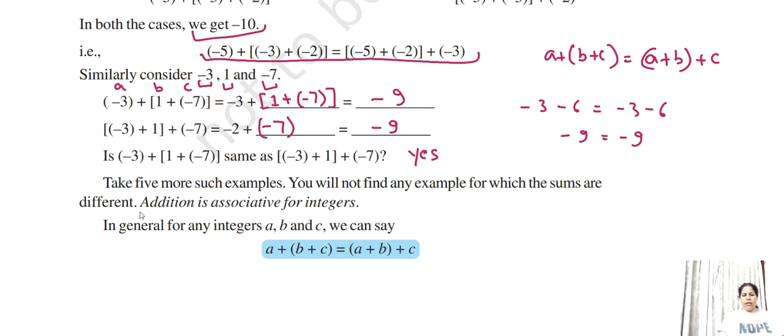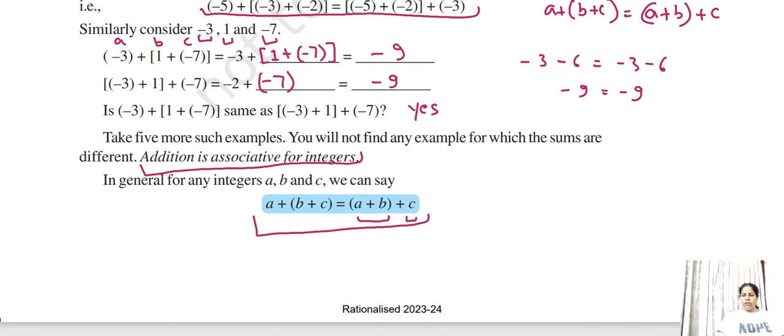So we can say that addition is associative for integers, because addition of integers also follows the associative rule, and this rule is a plus b plus c. It means just take two integers in addition within the bracket, and one outside the bracket, and again two in the bracket and one outside the bracket. Just add all those things and you will get the same number. Okay,